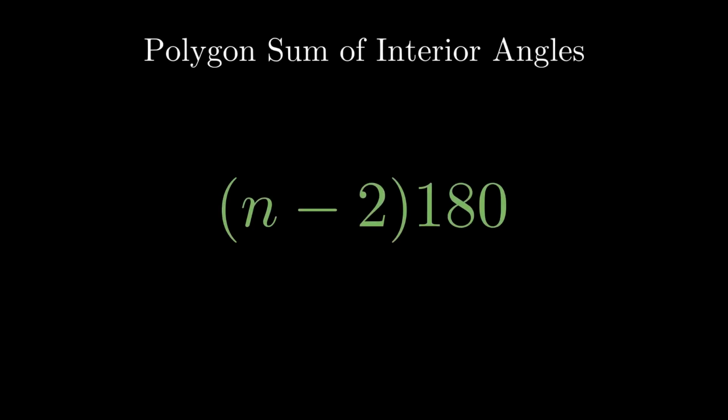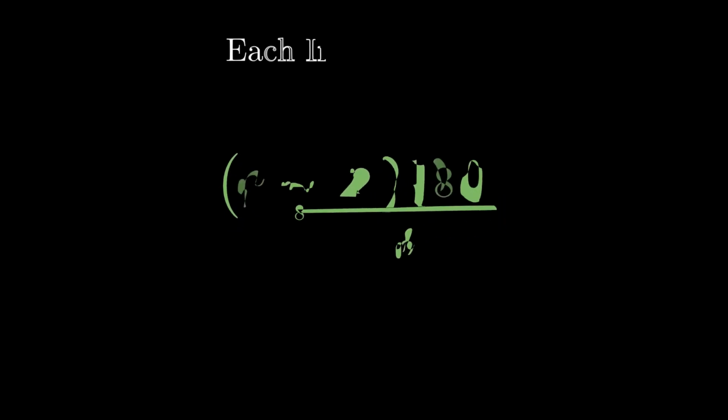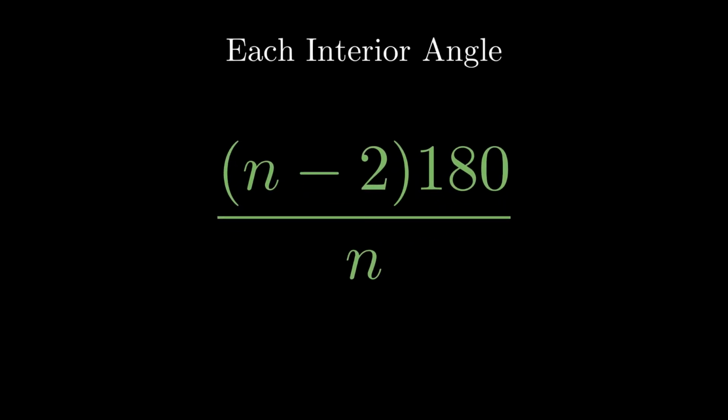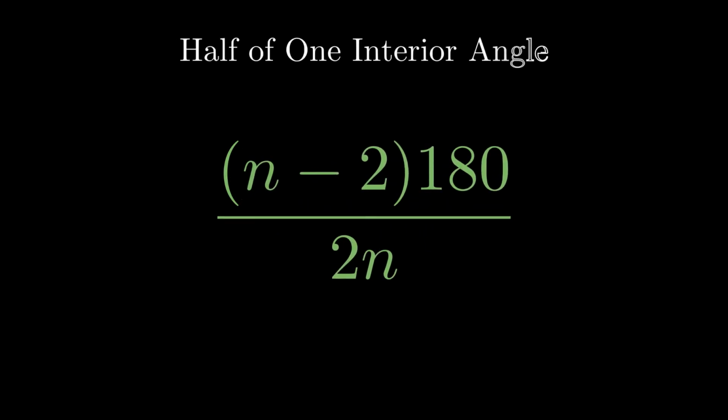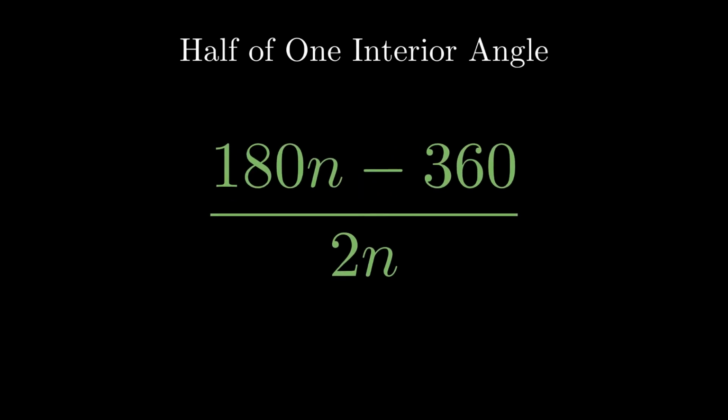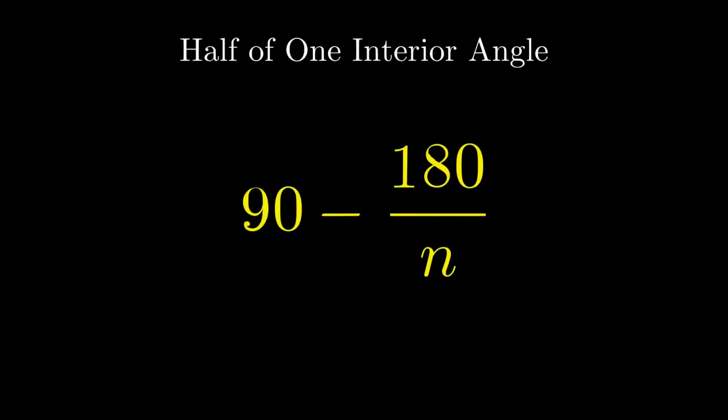Let's recall the formula for the sum of interior angles of an n-gon as (n minus 2) times 180, wherein each interior angle would be (n minus 2) times 180 all over n. Then the half of each angle would be (n minus 2) times 180 all over 2n. Distribute 180 to the quantity and simplify with the denominator, and we get 90 minus 180 over n for the